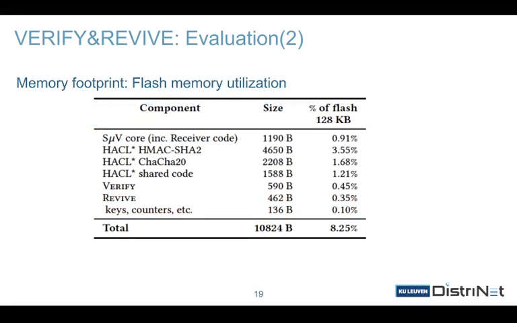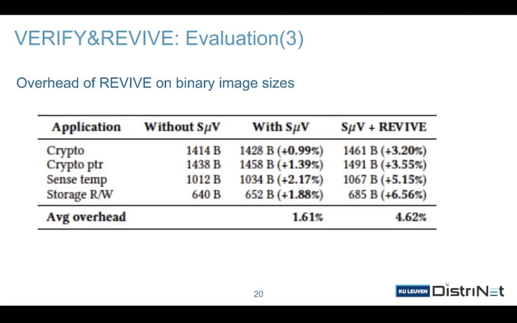This table shows the flash memory utilization. Our architecture consumes around 11 kilobytes from flash memory. This is the only price that we have to pay to assure the security and activate this bunch of security services. This is another table that would show that deploying secure images would never consume more than 4.6% of overhead on top of the size of the real image, considering 4 different types of application as a benchmark.